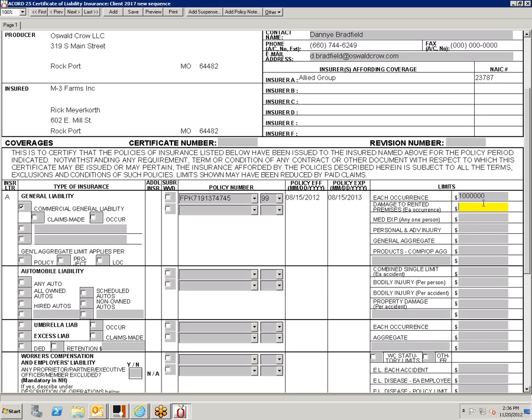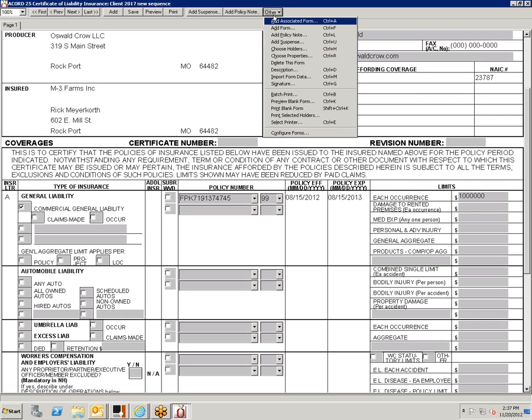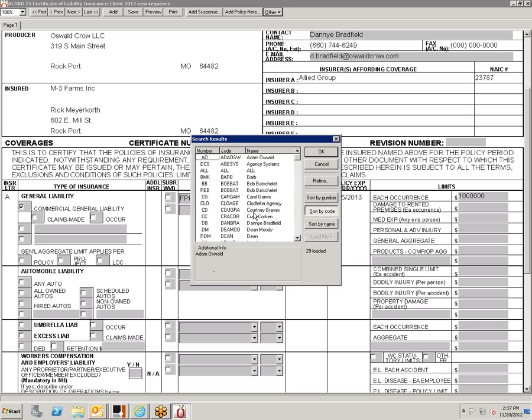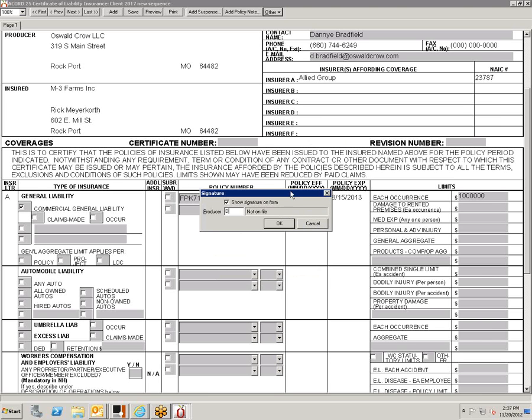Okay, so are there any more policies or limits that you want? Oh, that'll be enough for now. Okay, then you would come back up here and you would put your signature in. You would show the signature and then put your code in there. We don't have any yet, and it won't be. Right, I know.